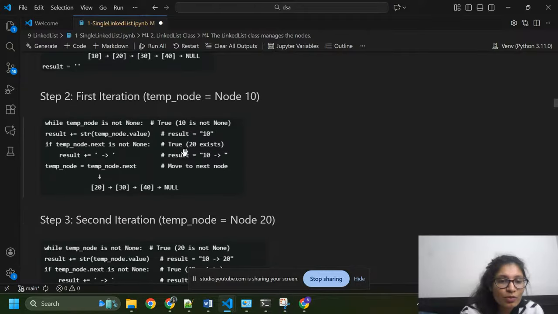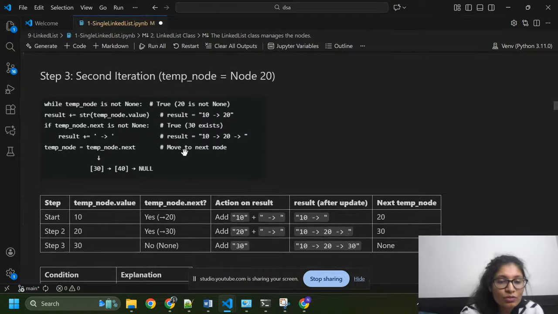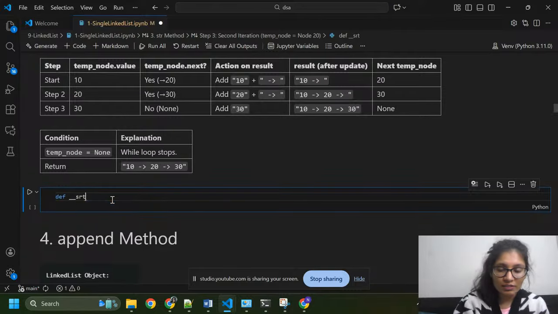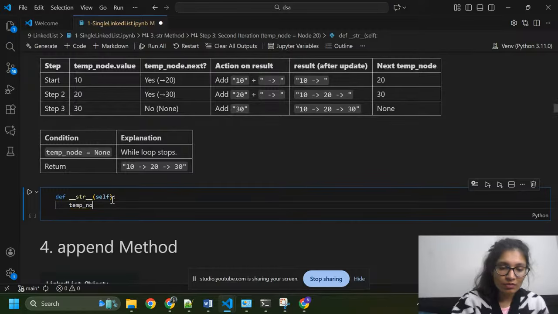So here I'm going to write the code one by one so that you get it. I'm going to define str, which is a built-in method of Python. Here I'm going to pass self, colon. I'm going to create temp_node.